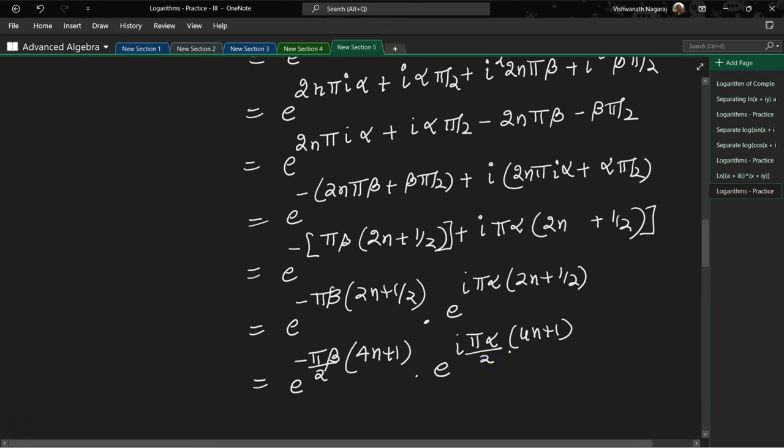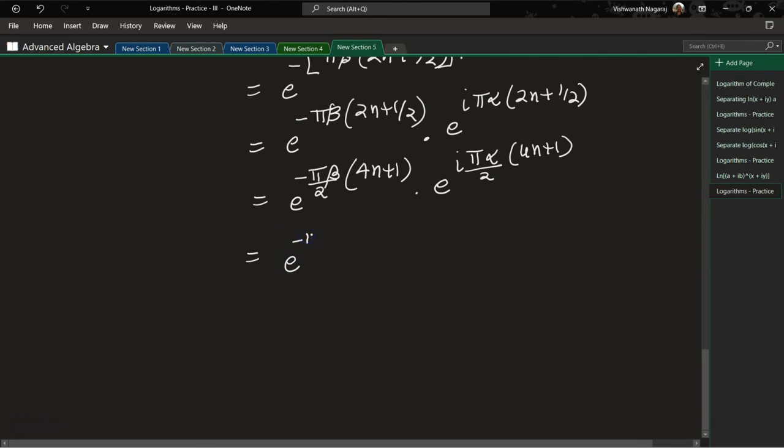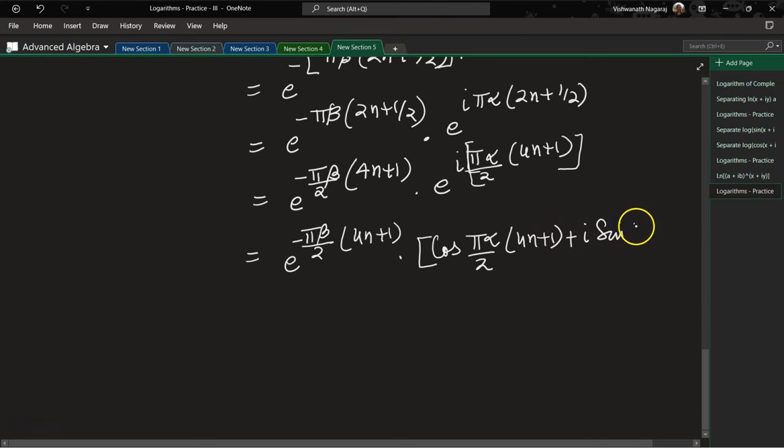Now e to the power of minus pi beta by 2 times 4n plus 1 times e to the power of, now this entire thing can be treated as theta. So e to the power of i theta, that means we don't require e now. We will end up with cos pi alpha by 2 4n plus 1 plus i sin pi alpha by 2